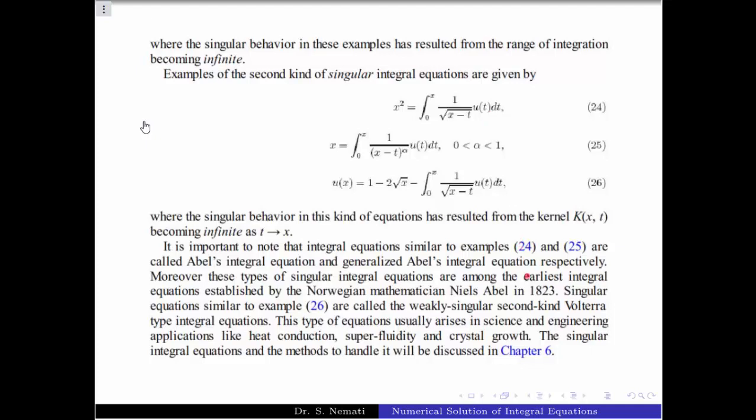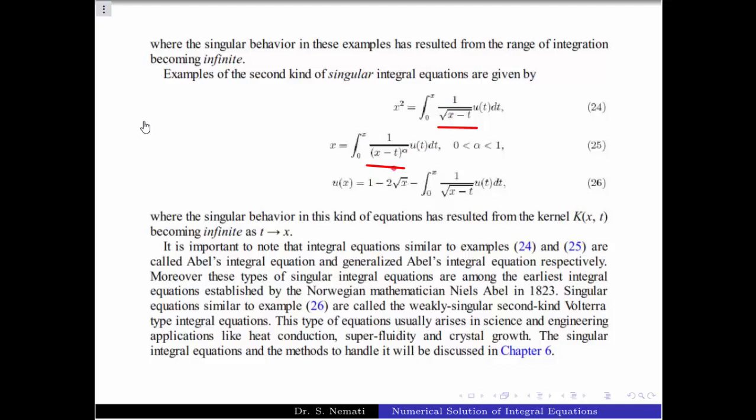For example, equation number 24 is called Abel's integral equation. If you compare this integral equation and the next one, you can see that this one is a special case